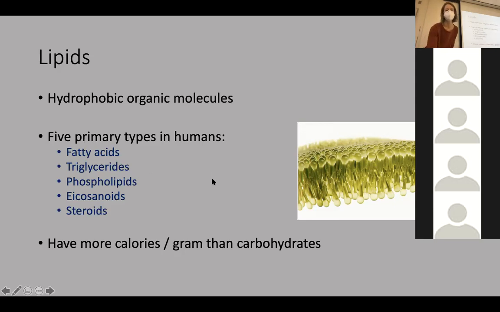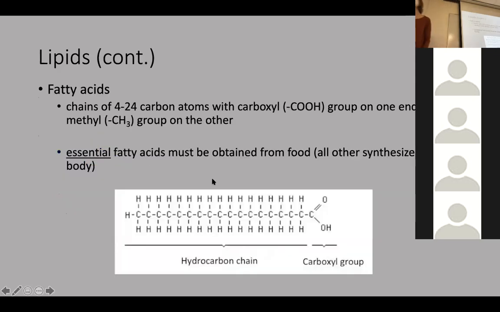All right, so let's jump into each of these types just pretty briefly. I think like 1 slide per type. Fatty acids and the triglycerides are really closely related to each other, and I'll show you why in a minute. Fatty acids you can recognize. All of these are essentially just long chains of hydrocarbons. So we have a bunch of carbons with hydrogens coming off. That applies to most of the lipids. Fatty acids are no exception.